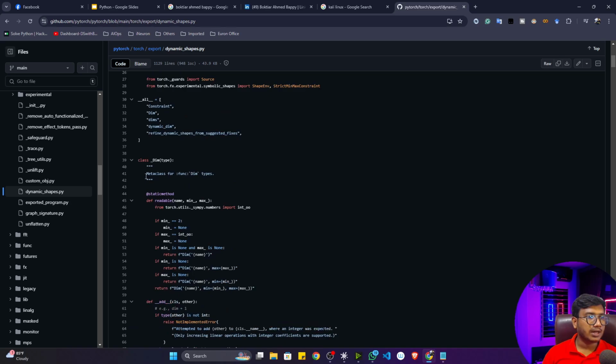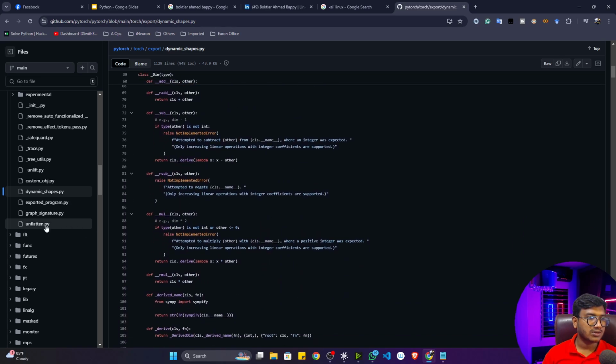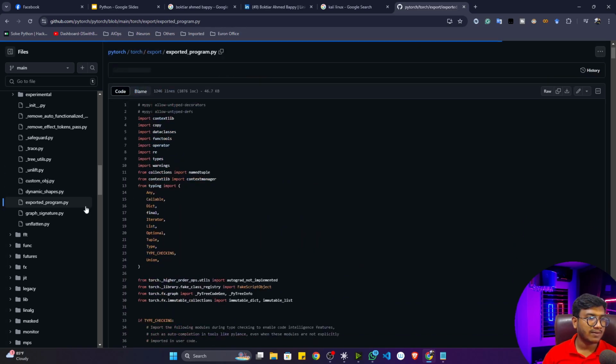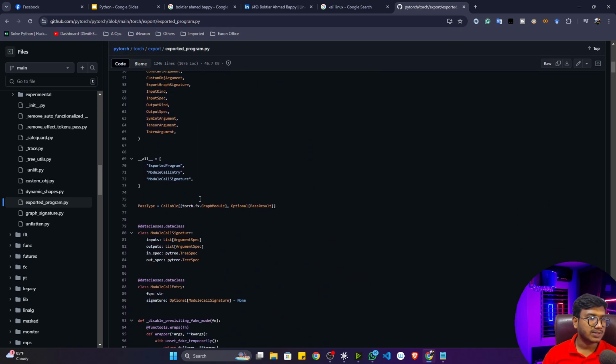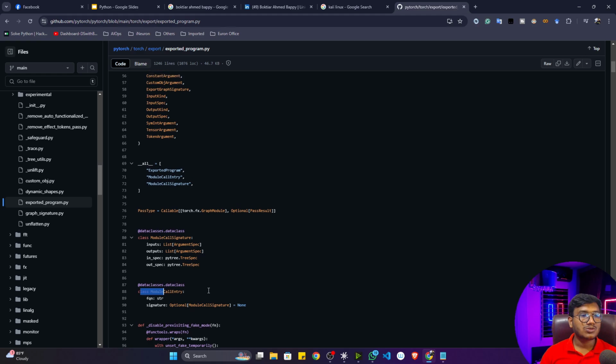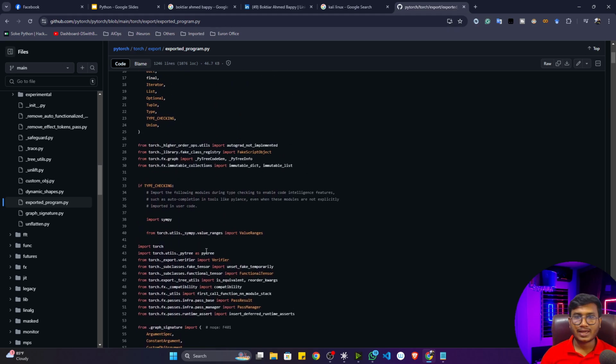Here you will see they're using the class concept. If you open up any function, any code, you will see they're using the class concept. See, they're using the class concept. So this is called object-oriented programming concept here. So we'll also be learning these kinds of implementations, how we can do it.